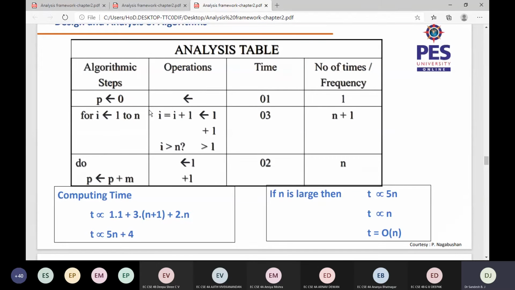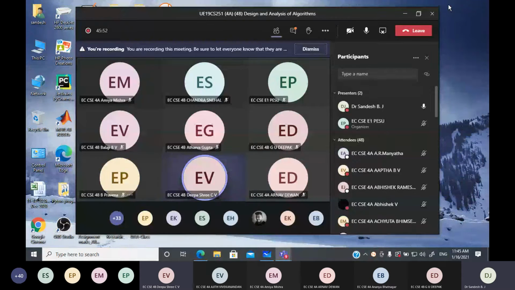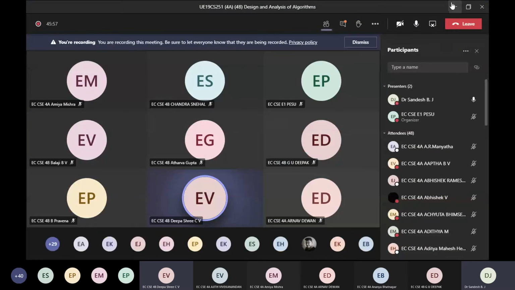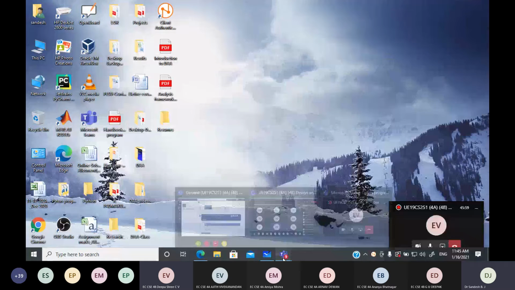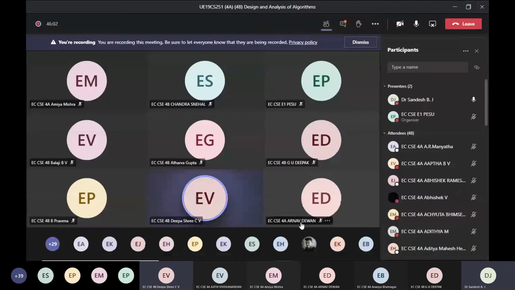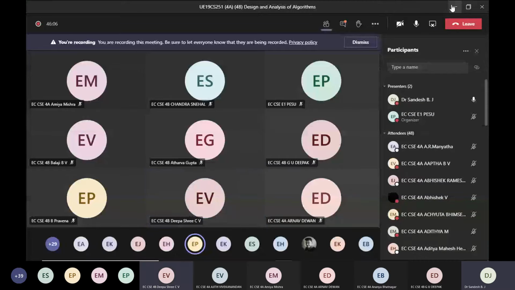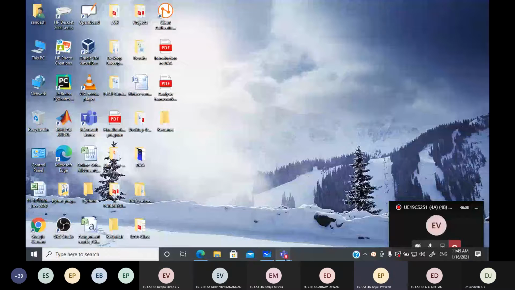So how many times are we going to do these operations? Can you tell me? All of you are there? Yes, sir. So how many times are you going to do this? We check the condition n plus 1 times, but all the other operations are just n times. So why n plus 1 times? Because of the last time. When the last condition becomes false, that's the extra one. Correct. You're correct. So it's n plus 1 because